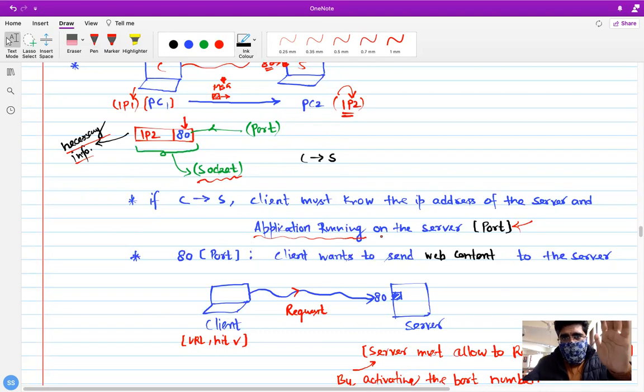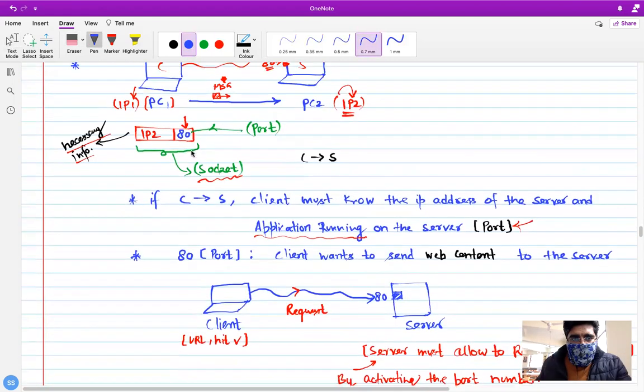There would be some web services running on the server, right? That's why we are pinging the server. That is the only reason we are sending a request to the server, in order to get some response. So it means there would be some application running on the server. It means there would be some port, because whenever you deploy an application over the server, you need a port. So application is almost equal to the port, because you need a port to run an application over the server.